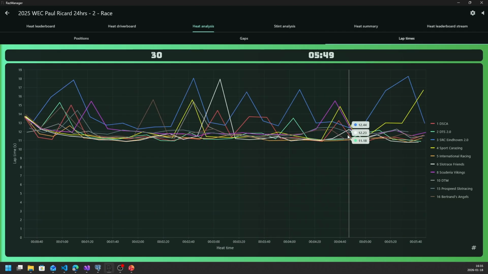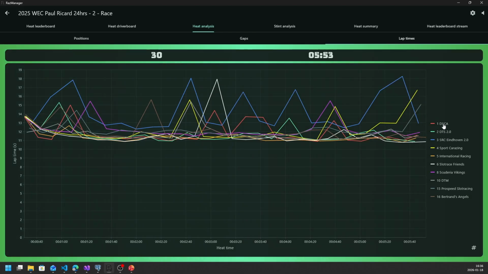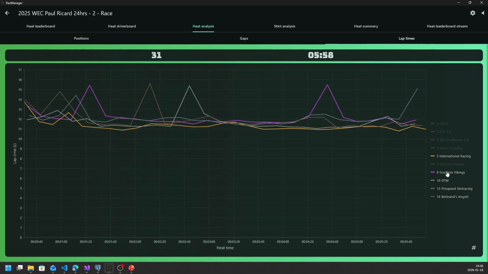And we can see lap times as well. This becomes maybe a little bit hectic if we have a lot of teams here. So let's